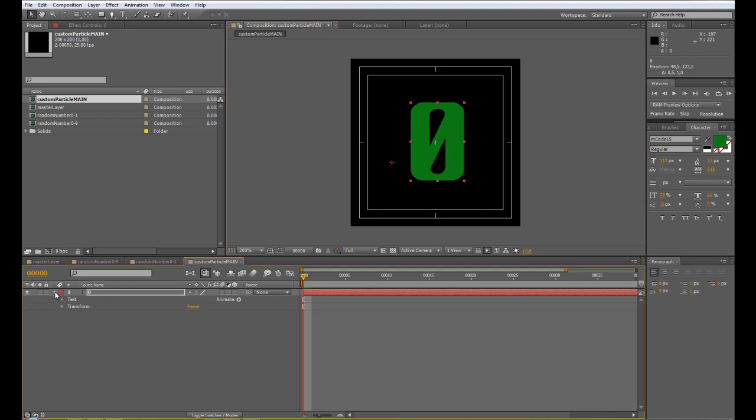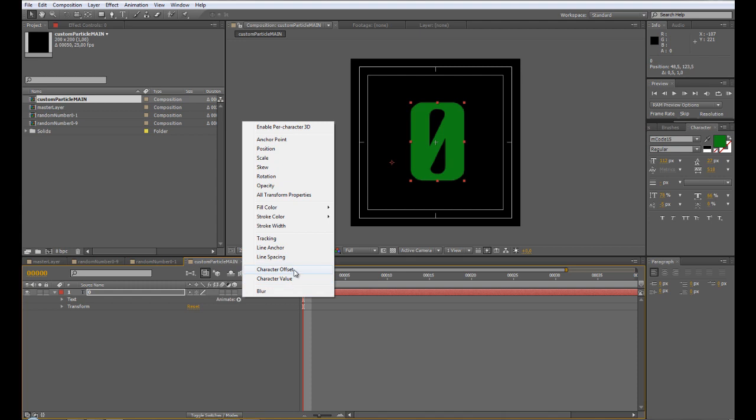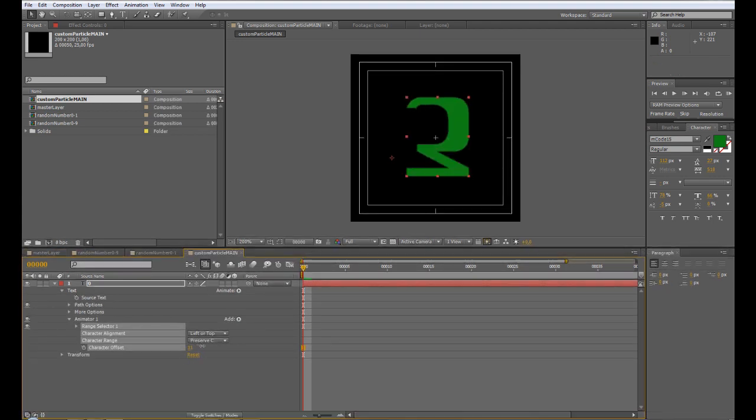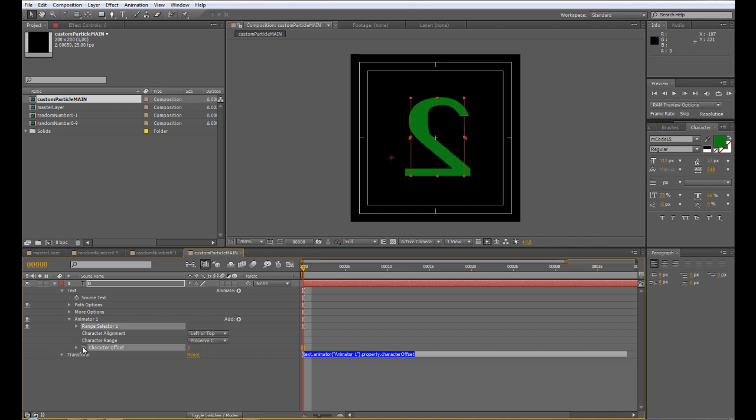Add the animation value, which is character offset, which gives you the opportunity to change the characters randomly. And to get it random, you have to create an expression. You have to alt click on the stopwatch here and write the expression